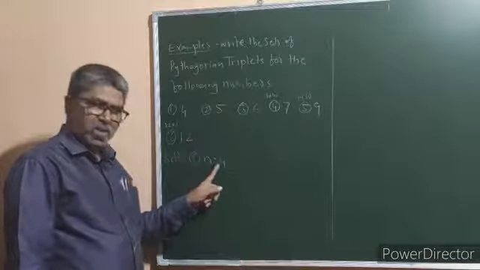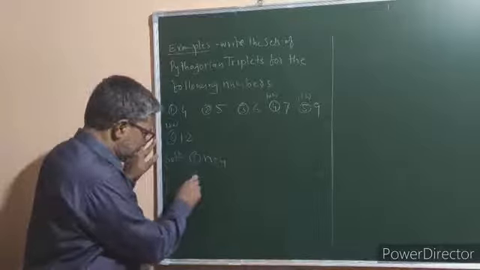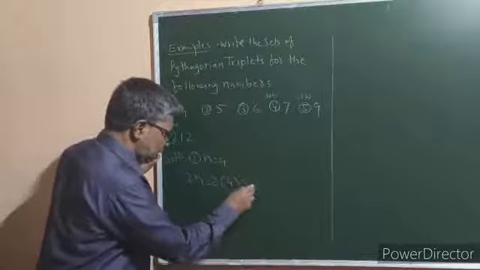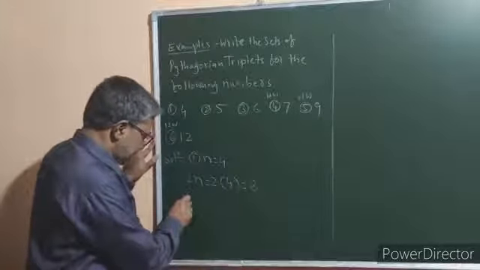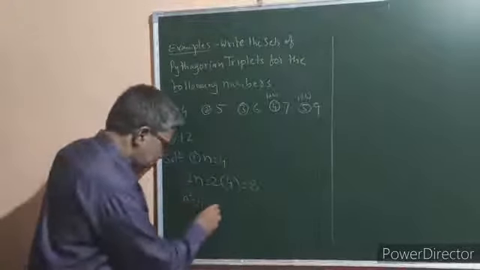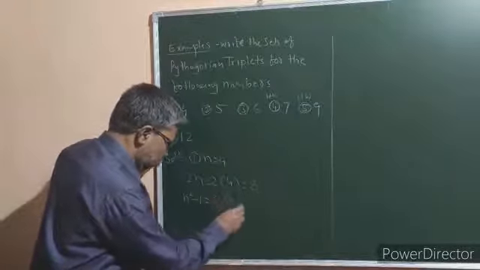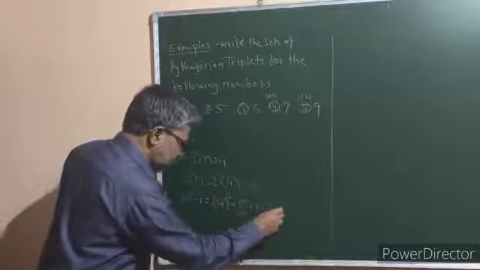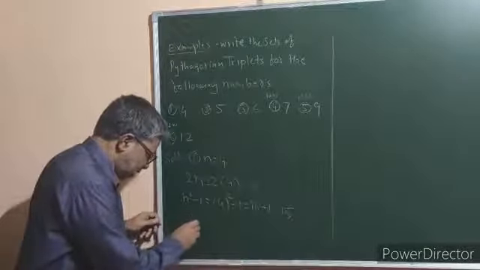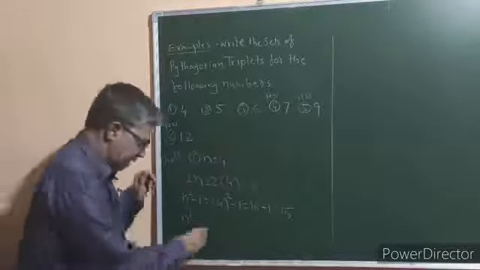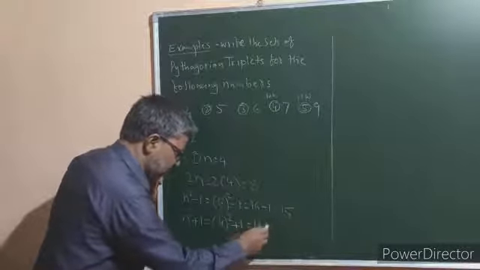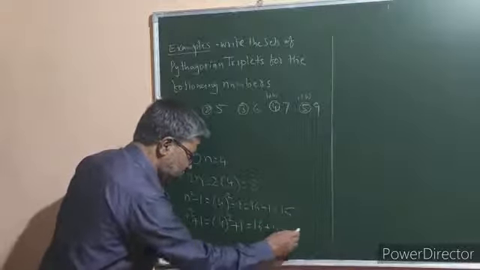Now example number 1, n is equal to 4. Now find 2n. The value of 2n is equal to 2 into 4, which is equal to 8. Okay. Now second, n square minus 1. Let us find the value of n square minus 1. n is 4. 4 square minus 1 is equal to 16 minus 1, which is equal to 15. Okay. Now lastly, find the value of n square plus 1. n is again 4. 4 square plus 1 is equal to 16 plus 1, which is equal to 17.